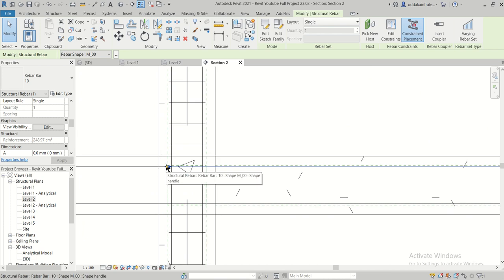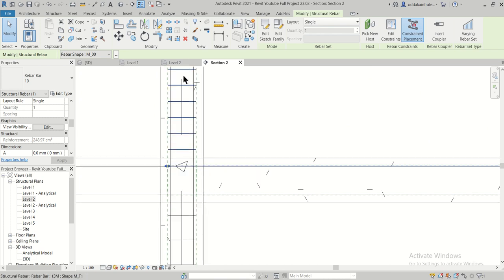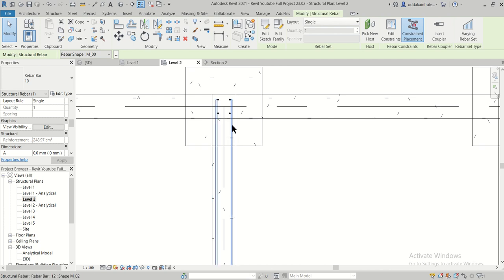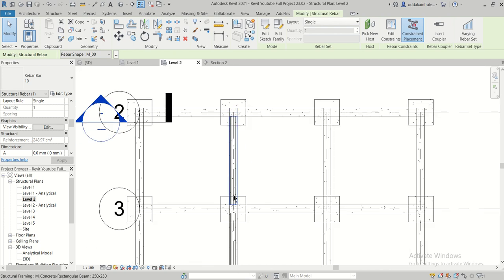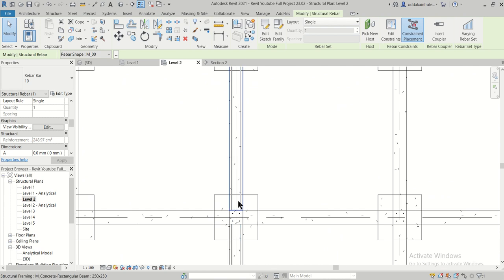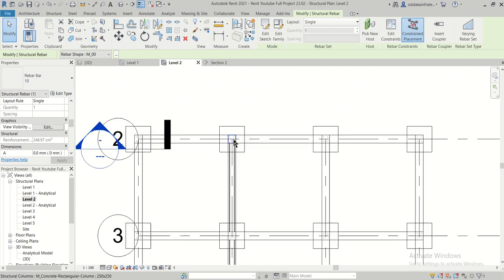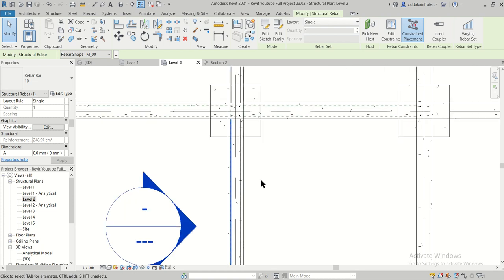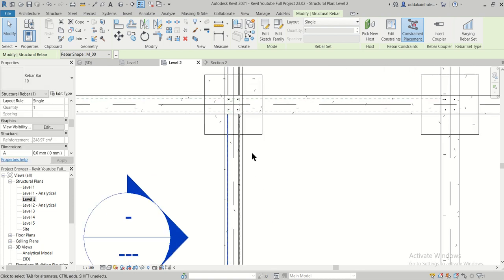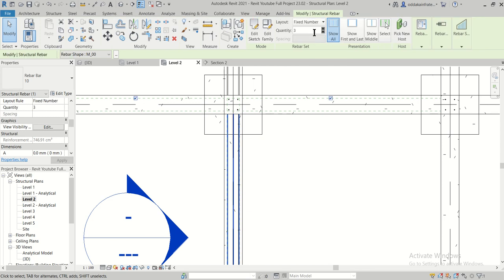So this is the beam which we are talking about, and if you go to level 2, we want to actually move that particular beam, but it's not visible from here. This is the continuous beam. We want to have the extra bars. It is here. So we'll just have 2 bars of this particular view. So we'll just go to this fixed number and give this as a 2 here,